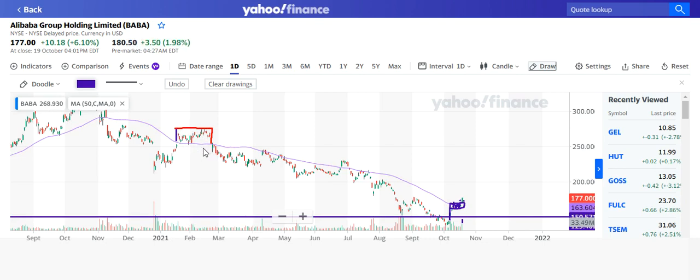And then there's all this news in China about Chinese government interfering with Chinese stocks. Well, since then, that's where we've had this big decline. So we have all this selling, right? And pay attention to the blue line. Look how price came up to the blue line, fell away, came up to the blue line, fell away, came up to the blue line. And now this looked like it could be valid as a turnaround, and it was a key point for the stock. However, you can see that here price stayed above this line for a few days and then collapsed again,